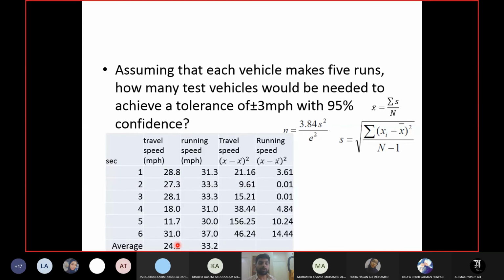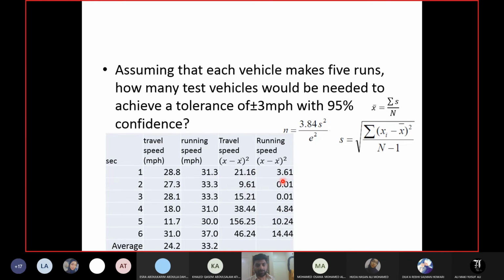Don't take the value from travel speed and take the difference from running speed. No, take the travel speed value's difference from the average of the travel speed. Okay, and then you do the square. So take the difference of 28.8 and 24.2 and square it, you will get 21.16. Similarly, you take the difference of 31.3 and 33.2 and square it, you will get 3.61. Okay, and so on. For each value, take the difference from the average and square it, you get